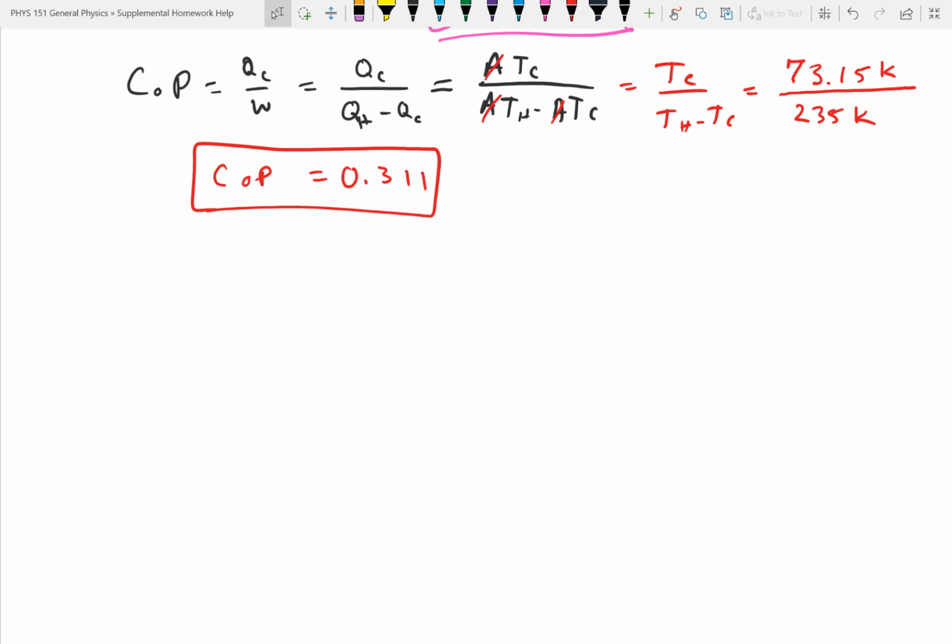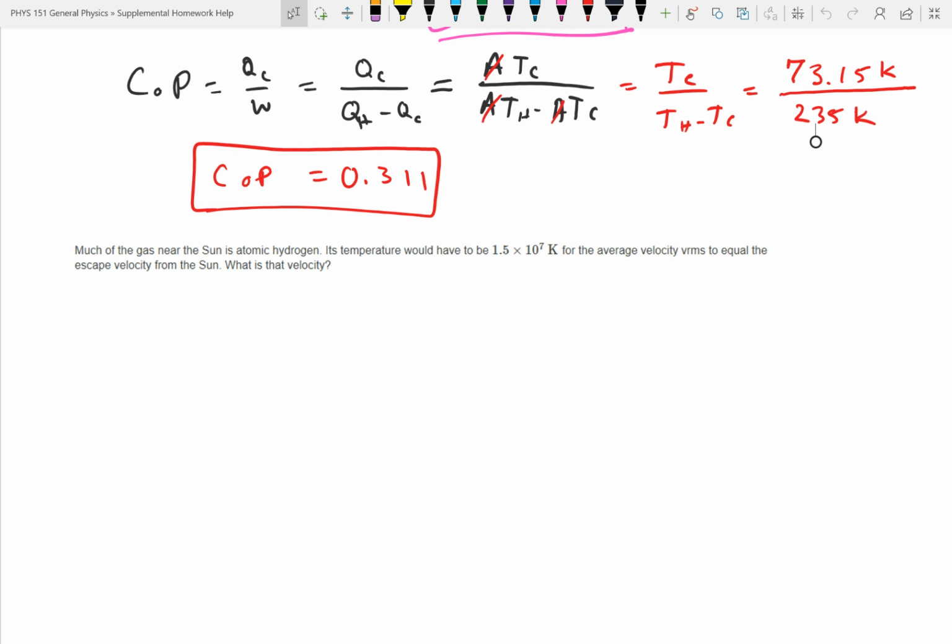Okay, our next question. Much of the gas near the sun is atomic hydrogen. What does it mean if I say it's atomic hydrogen? Like the element. Yeah, it's elemental hydrogen. Its temperature would have to be 15 million kelvins for the average velocity